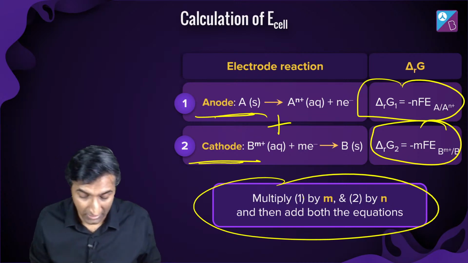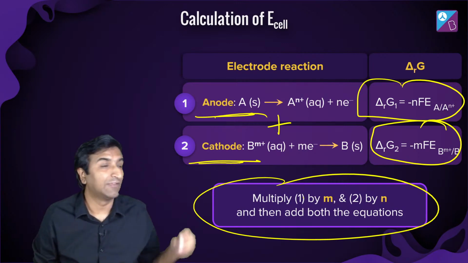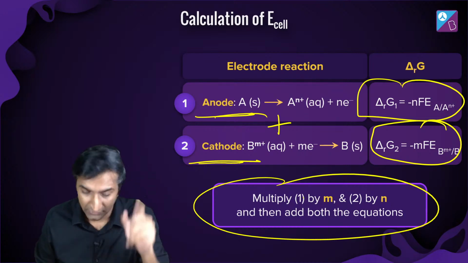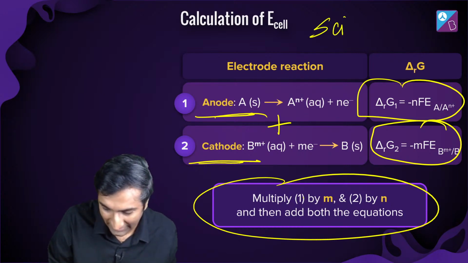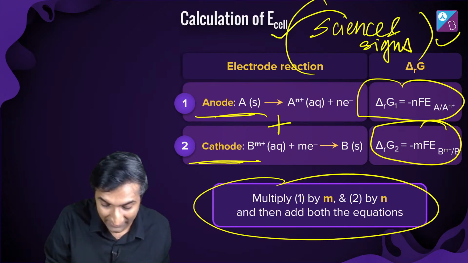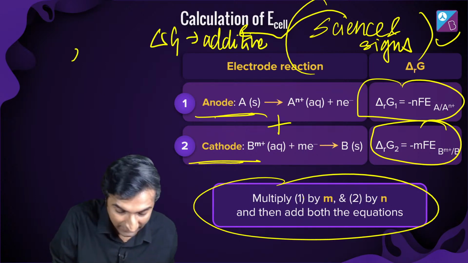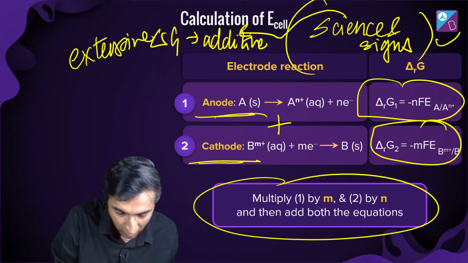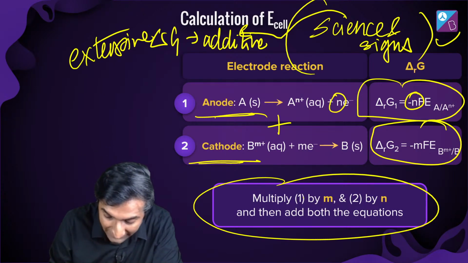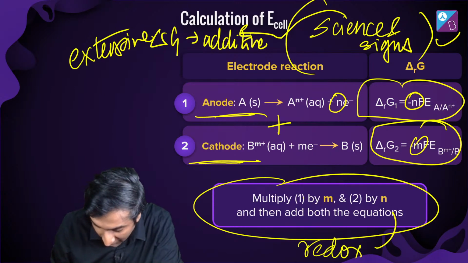The trick that can happen here is they can give you both reduction potentials, both oxidation potentials, or one oxidation and one reduction potential. They can play around with whatever in JEE. But make sure you take care of the signs and you do this properly. The signs and the signs, pun intended, both things. What is the science? Delta G is additive, because it is extensive. So you find delta G for reaction 1 and reaction 2. Make sure you multiply with n, which is the same as the n factor from redox. Let me write that again. n is the same as n factor from redox ideas.